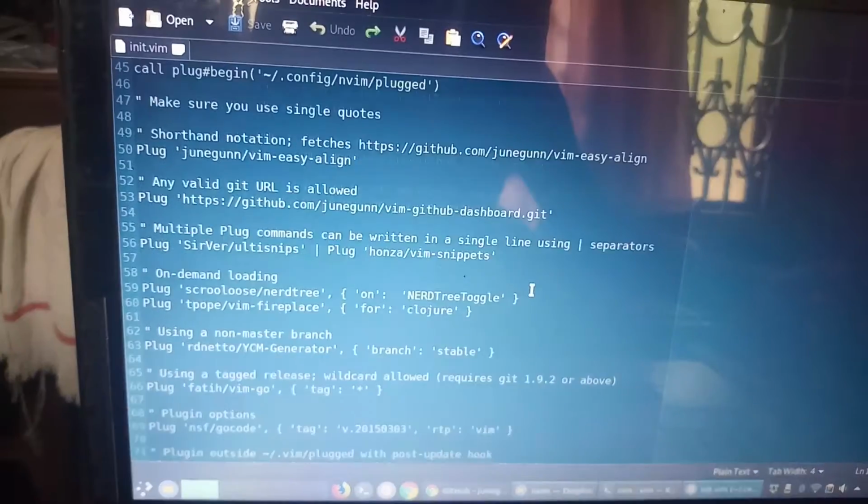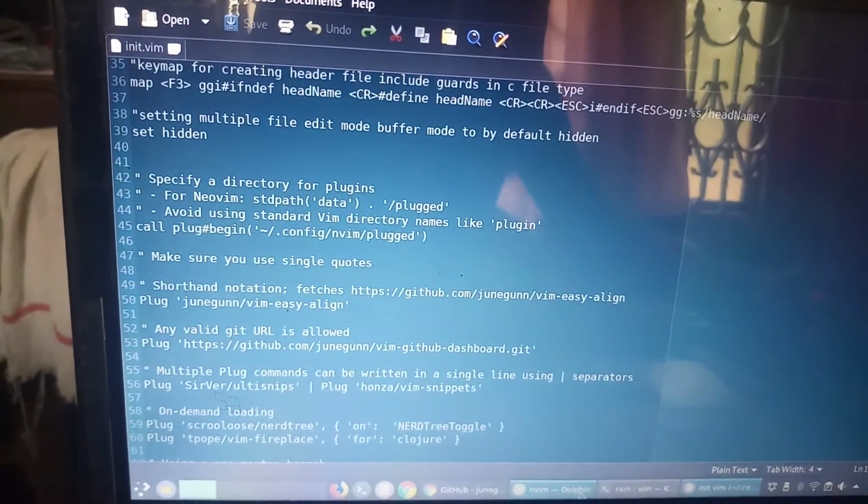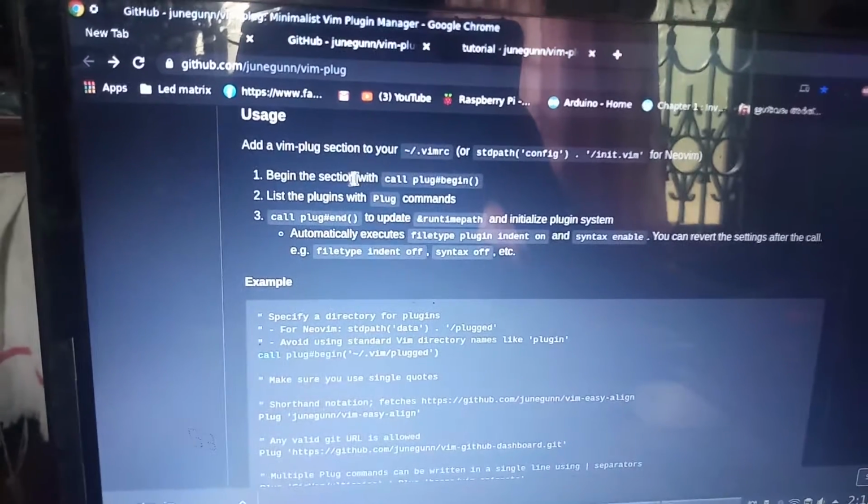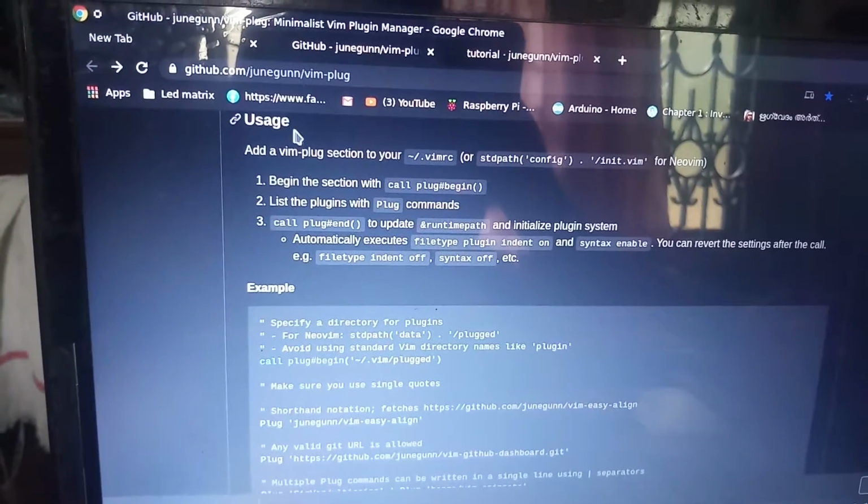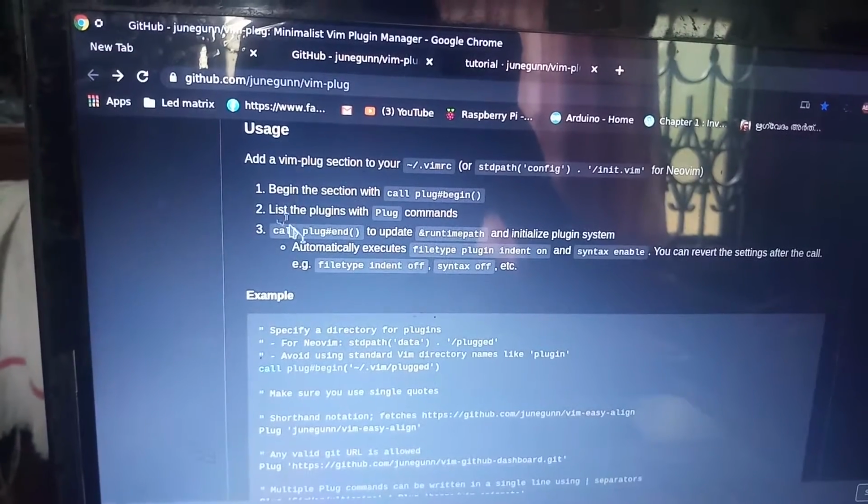Let's go back to your GitHub repo. In the midway of this web page, you can see some usage instructions.